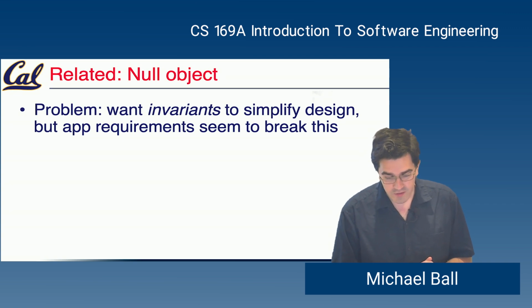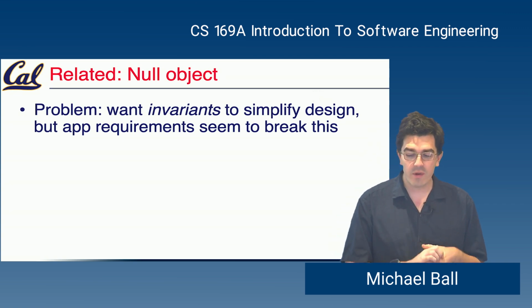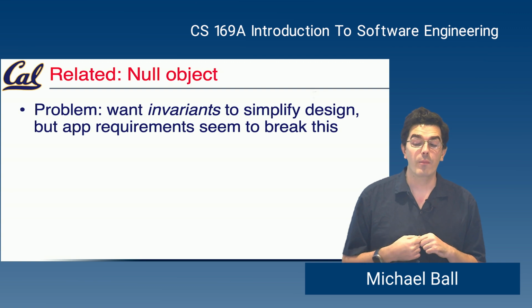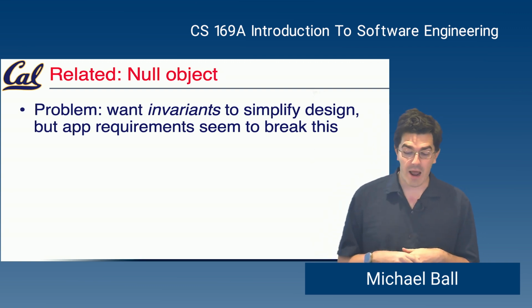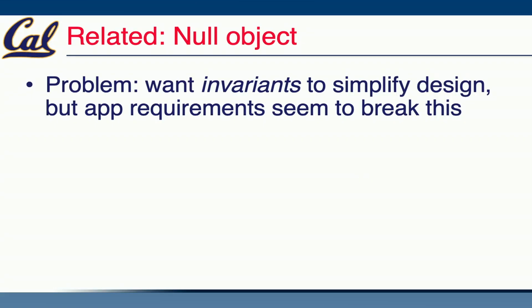The idea is that we want to have some invariance in our design to simplify our implementation, but our app requirements break this for some reason. I think the most common example for a null object pattern is something like the current user. In our Rails app, we often do things like check if the current user is present before we render the current user's name, or we check if the current user exists before displaying some kind of message. And this suggests that if we're checking for the existence of something frequently,